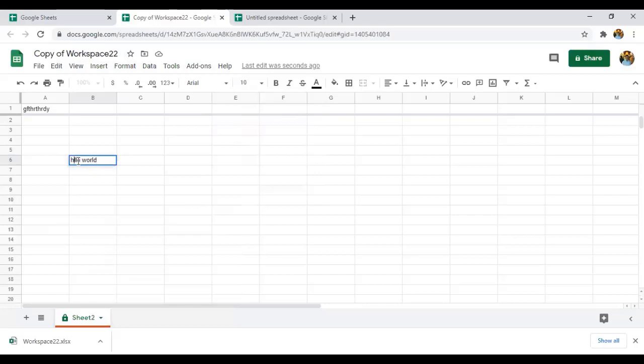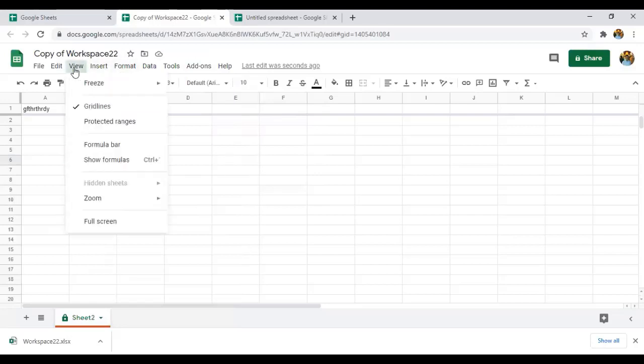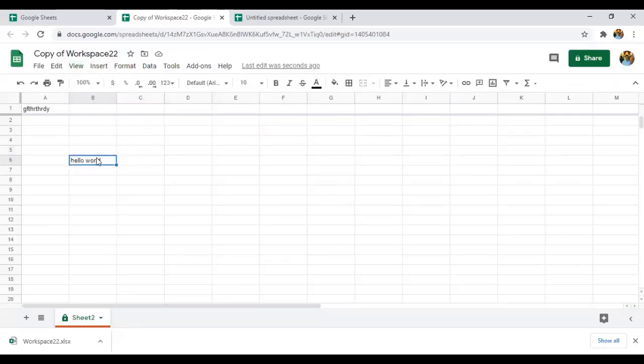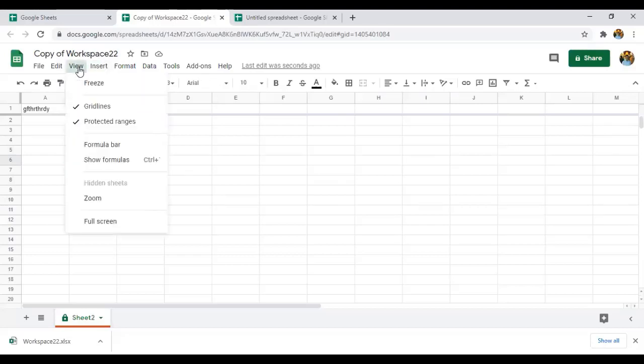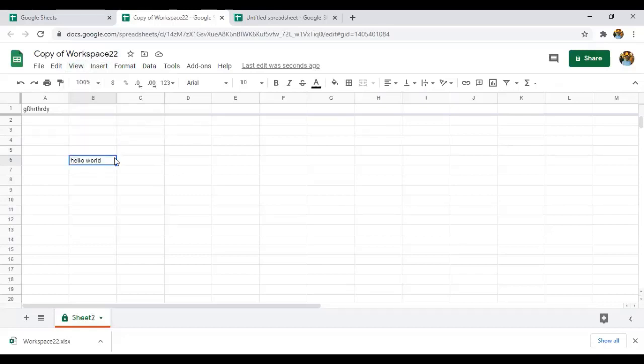So I just want to protect this cell. So generally I select this cell, go to view, and select the protected range.